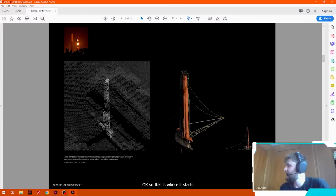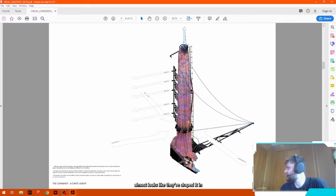Okay, so this is where it starts to get quite interesting. We see on that point cloud from the previous page, they've highlighted the chimney, and it almost looks like they've draped it in some sort of mesh. They've called it a static agent, and we can see here contaminated air going in through the bottom and filtered air coming out. So it almost seems like, as well as reconstructing the previous chimney of the power station,